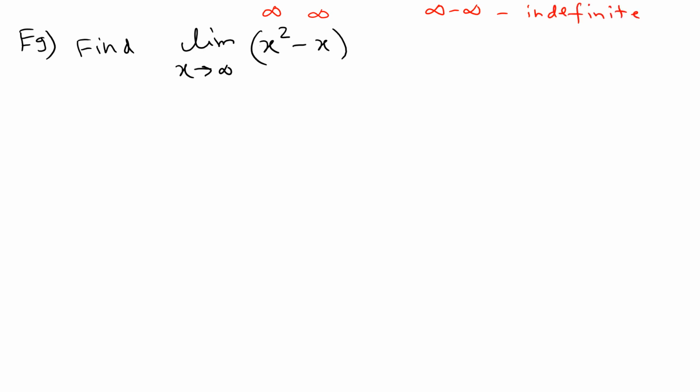Indefinite. So one of the indefinite forms. That means we need to use some other trick. We can't just subtract infinity and say 0. It's not 0. It's not equal to 0. So what we can do is we can use the argument that we used at the beginning of this lecture,